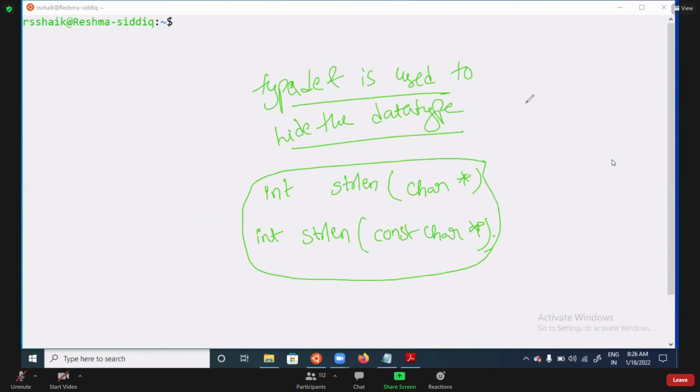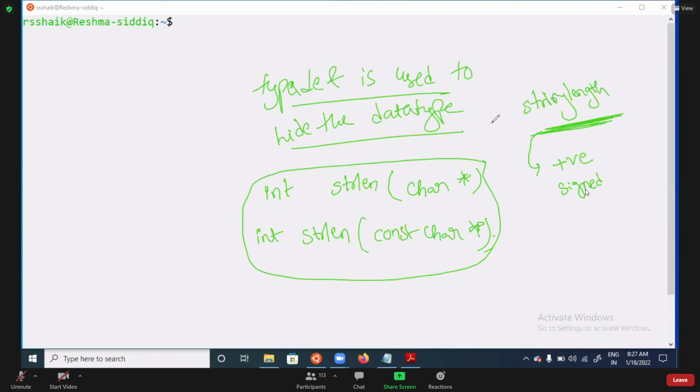Now tell me, you know that string length, whenever you are going for string length, is it available in positive format, as unsigned format, or signed format?